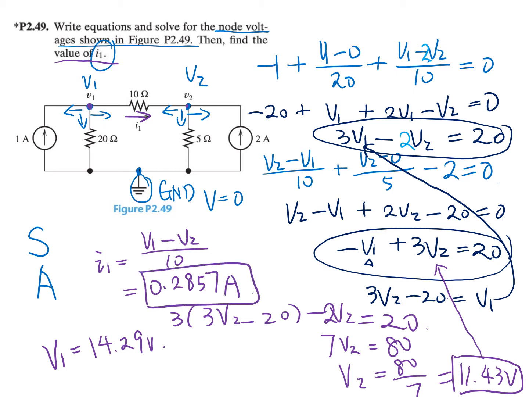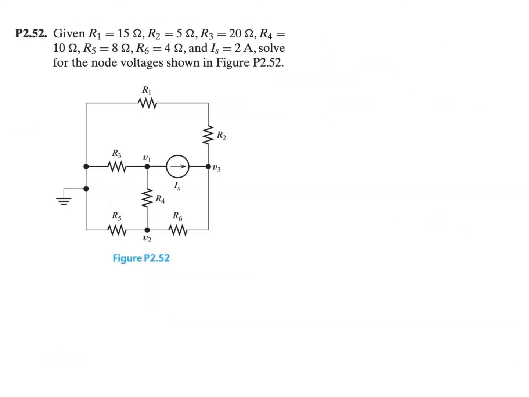So that's our I1. Question P2.52. Given R1 is equal to 15 ohm, R2 equal to 5 ohm, R3 equal to 20 ohm, R4 equal to 10 ohm, R5 equal to 8 ohm, R6 equal to 4 ohm, and IS is equal to 2 amp. So for the node voltage shown in the figure